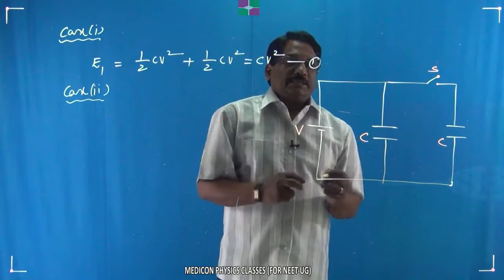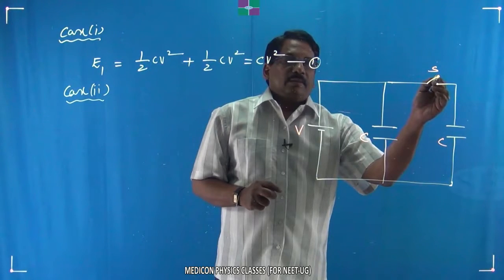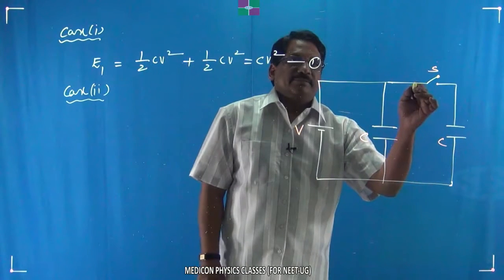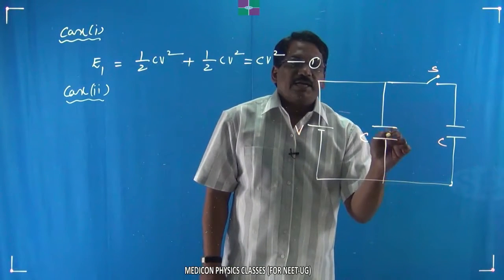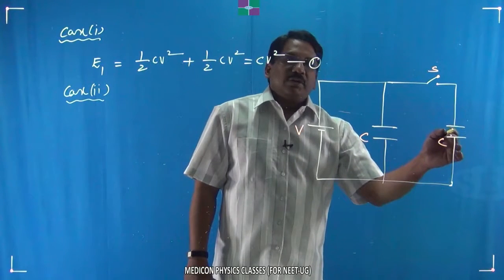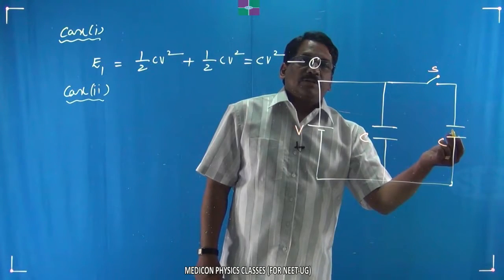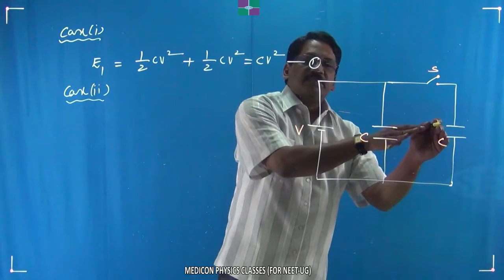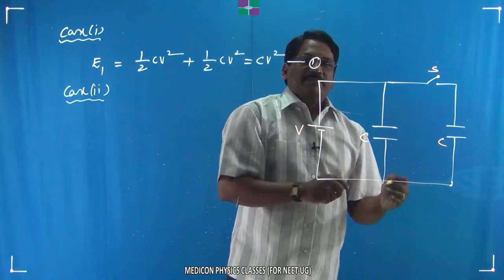What about potentials? Here the switch S is being open. Here the charge remains constant because there is no conducting path. And here this is already in connection with this potential. Here the potential remains as V. Here the charge is to remain constant, but the capacitance is multiplied by 5 times. So Q equal to CV, when Q is to remain constant and the capacitance is multiplied by 5, the potential is reduced to 1 by 5 times.